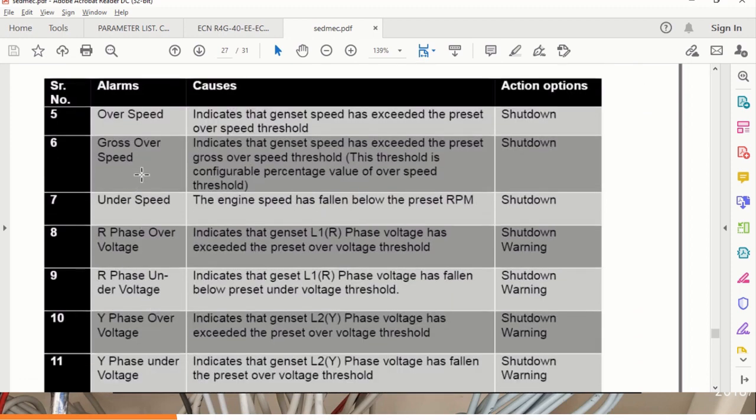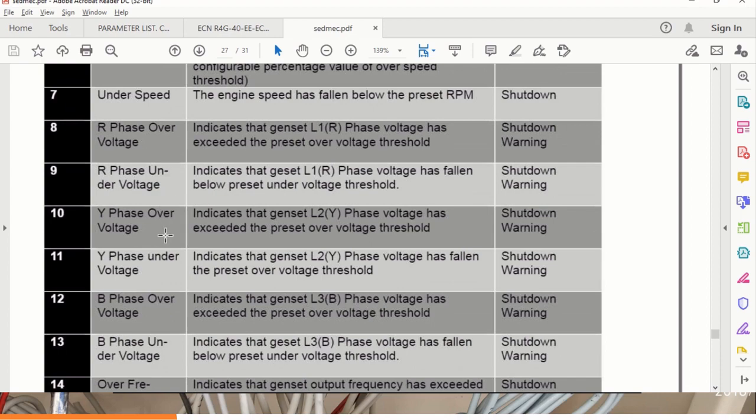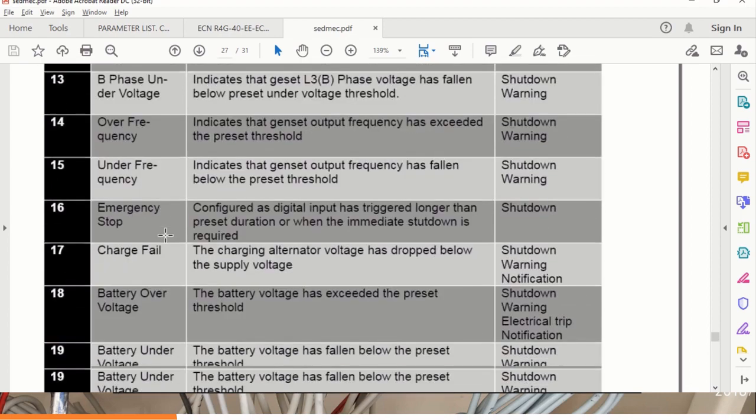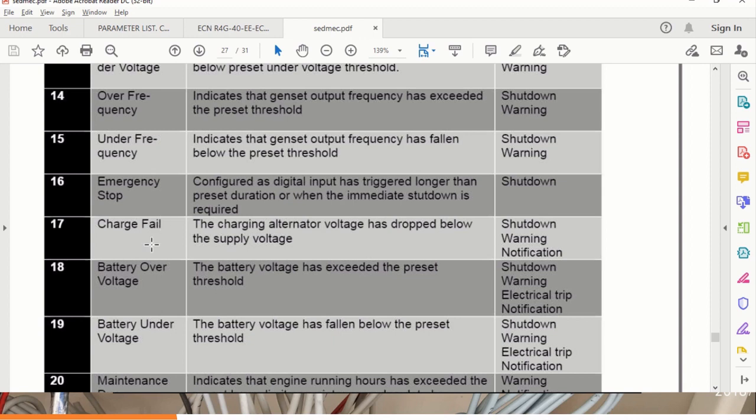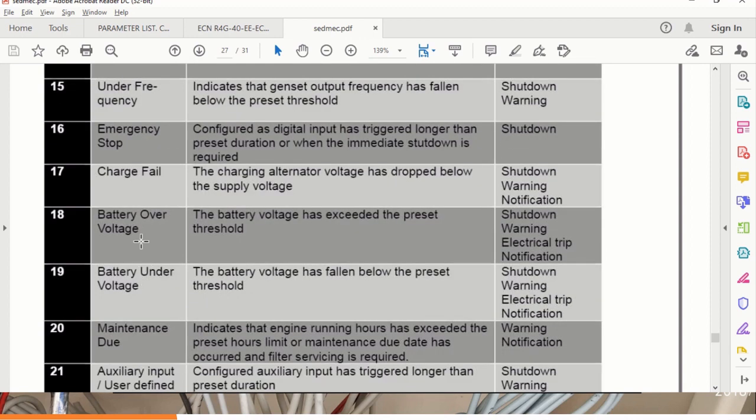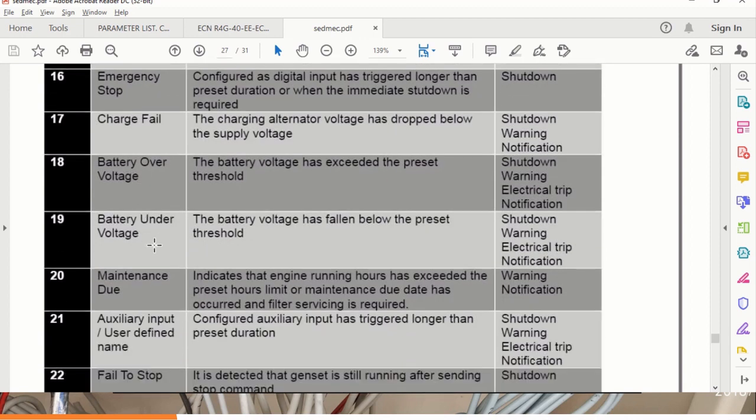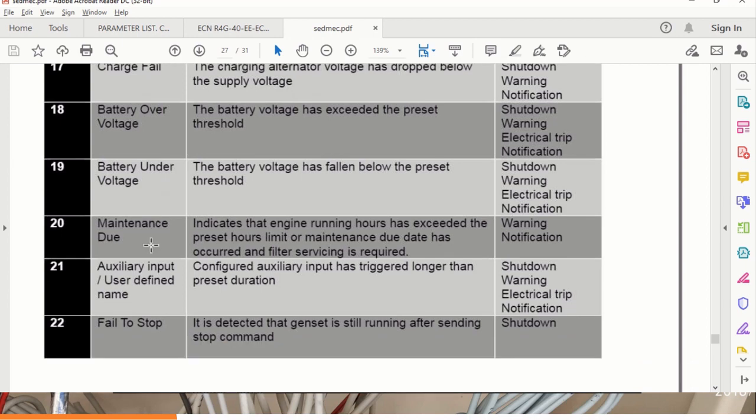Then there are other alarms called overspeed, underspeed, under voltage, over voltage, under frequency, emergency stop, battery charger fail, DG battery over voltage, DG battery under voltage, and maintenance due. This is also a very important alarm, that as soon as we